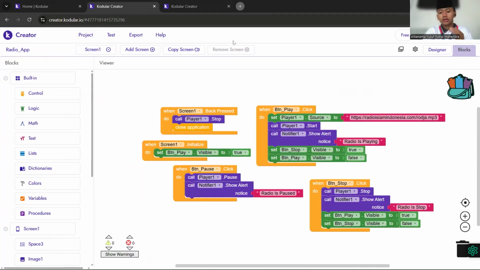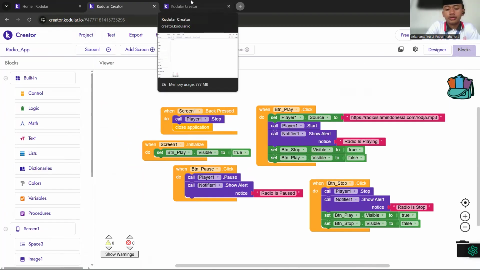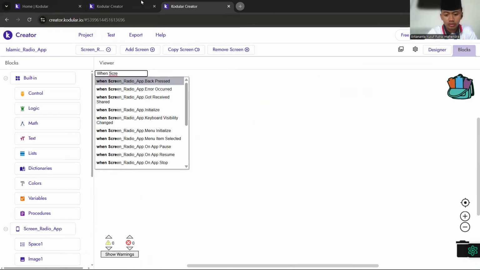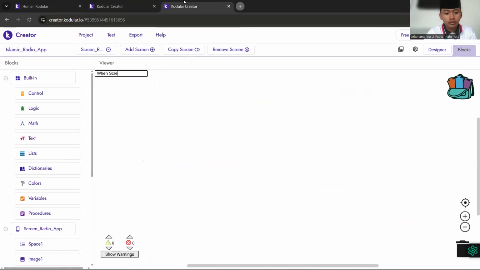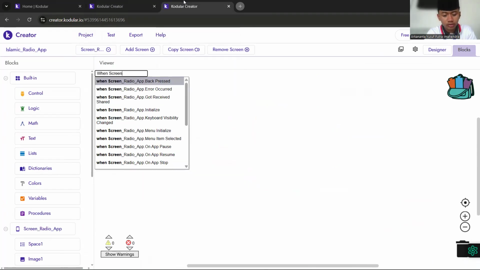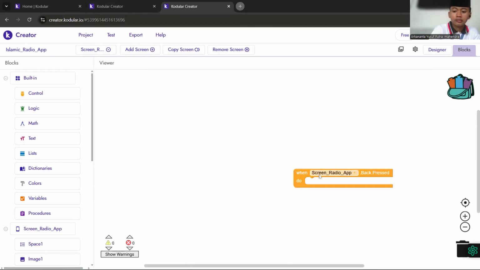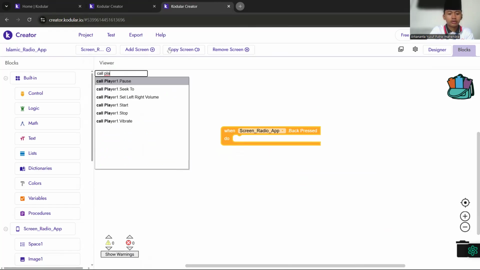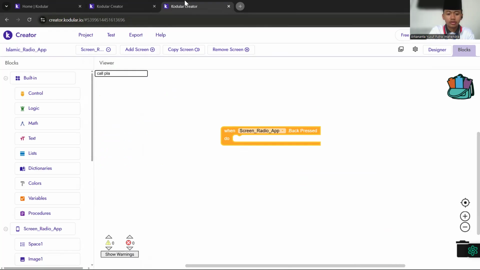That is just when screen radio app back pressed, do call player stop.